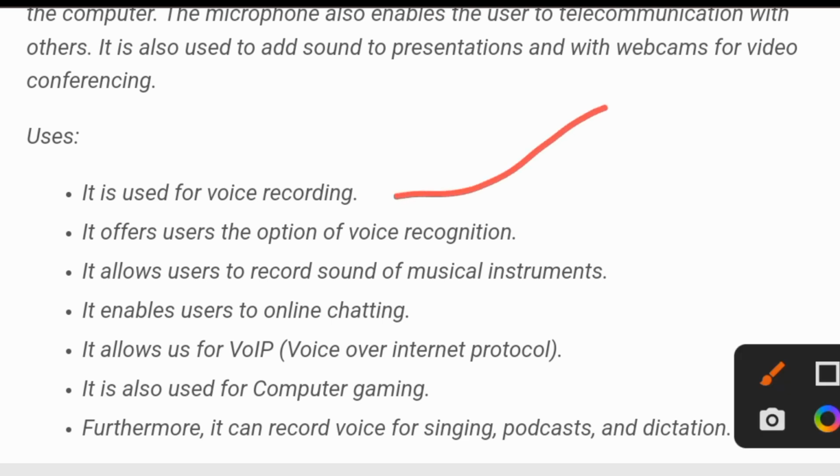It offers users the option of voice recognition, and third, it allows users to record the sound of musical instruments.